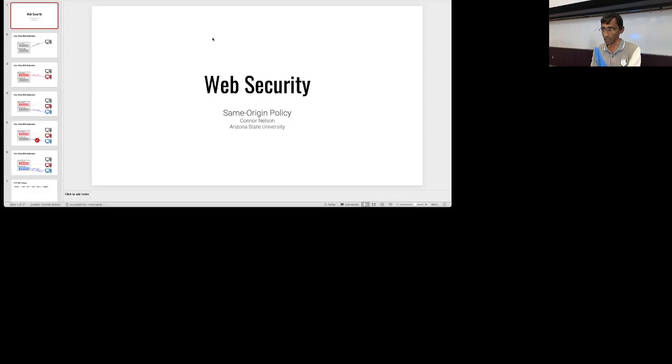So we'll go over the final part of the module, which is the same origin policy, which is an important one. As I mentioned earlier, this is the web application in which the content that you deliver would be